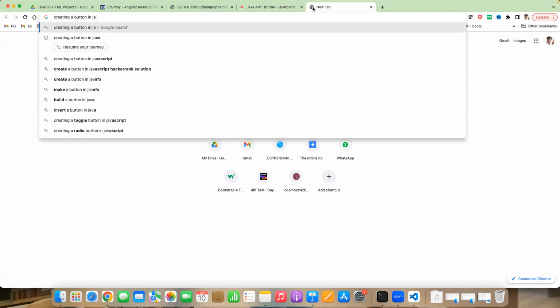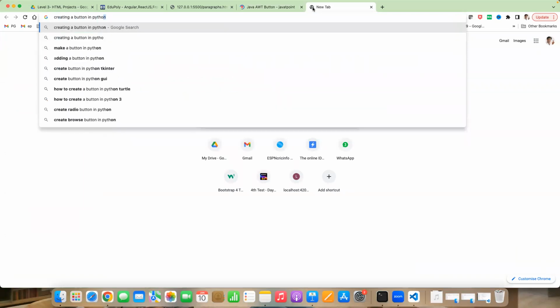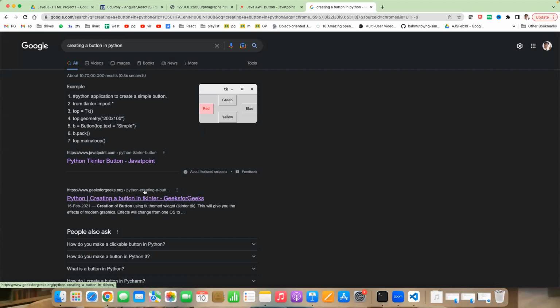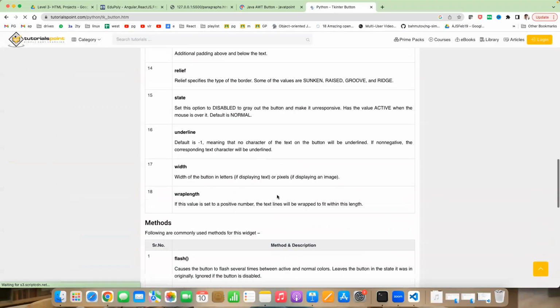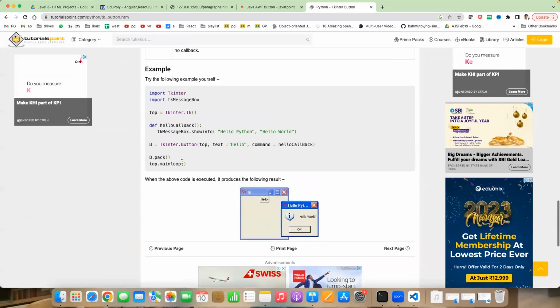Creating a button in Python. You have to write this much code in Python. Okay, but when it comes to HTML,